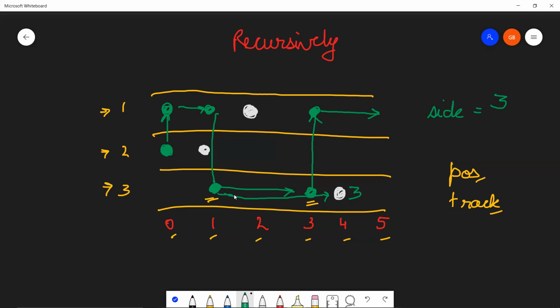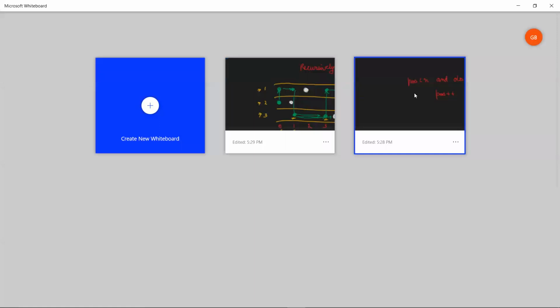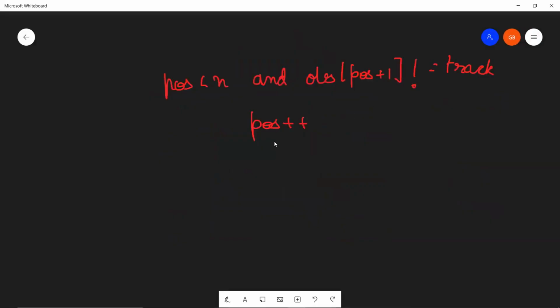So on any given track, we'll move forward until the value of the obstacle array for that index becomes equal to the track value. So this explains that we'll make our frog move ahead continuously until the next position in the obstacle array has a value equal to the track. So this is how we move forward.